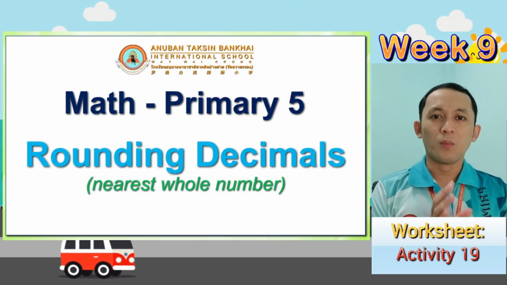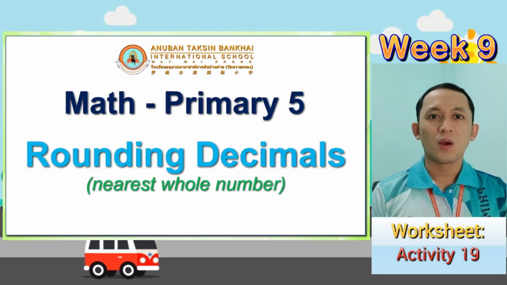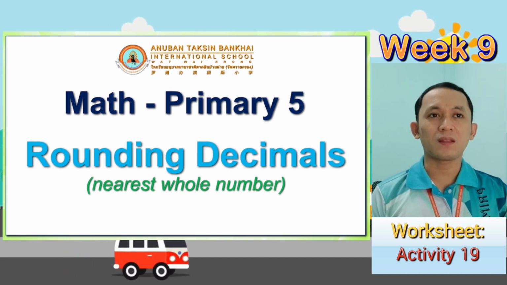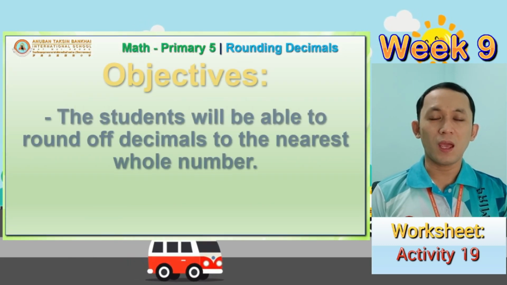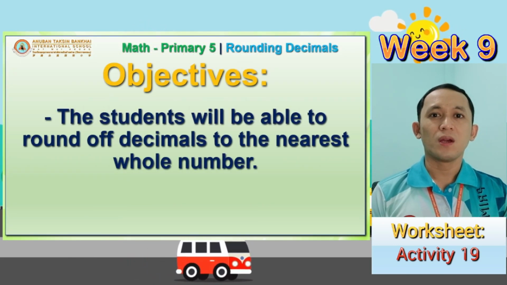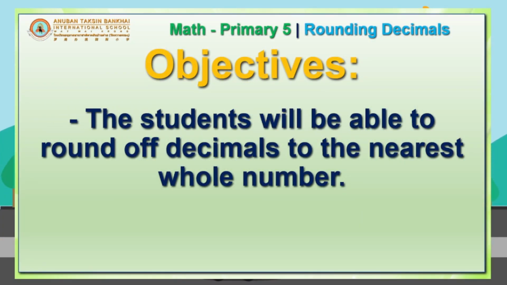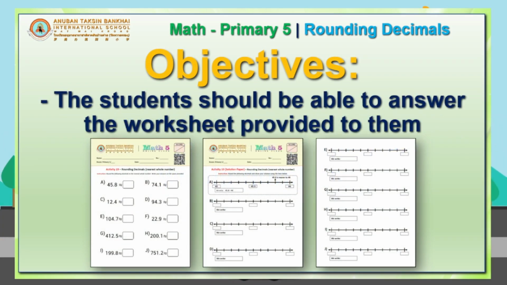of our topic. Last week we discussed how to convert fractions to decimals, or basically their relationship to each other, and today we are going to discuss rounding decimals, with more focus on the nearest whole number. So our objective for today is for you to be able to round off decimals to the nearest whole numbers, and of course at the end of this discussion you are going to answer your worksheet number 19